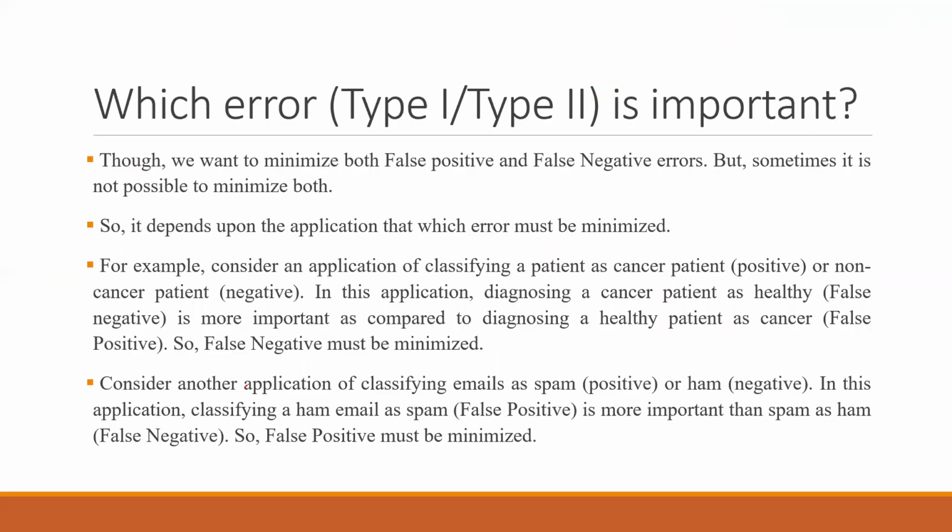So we want to minimize these two things. Obviously, these are errors. You cannot call a 0 a 1; calling 0 as 1 is false positive, right? And false negative is calling 1 as 0. So these two errors we want to minimize. We do not want these things, but sometimes it is not possible to minimize both. If you handle one at a time, it can be the case that the second thing comes out as an error. So it depends upon the application on which you are trying to solve the problem.